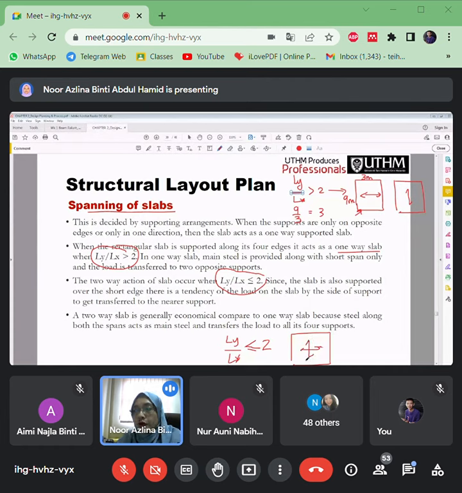Okay, as a two-way direction. So you boleh calculate lah, you try lah size kan. Katalah ni long spans 6 meter, ni short spans berapa, 4 meter, dapat berapa? You will get 1.5, any two ke kan, 1.8. So this value, once Ly divided by Lx is less or equal than 2, is a two-way slab. So you have to remember this, how to consider one-way and two-way slab here. I put a star here because this is very important for you to know and understand on how to differentiate.